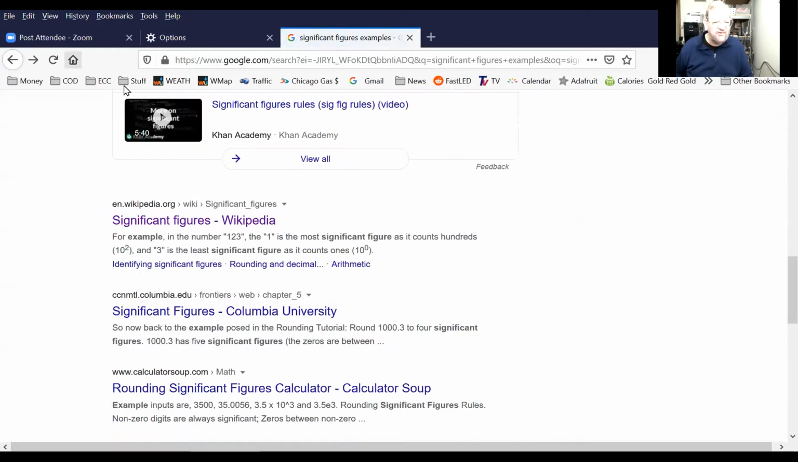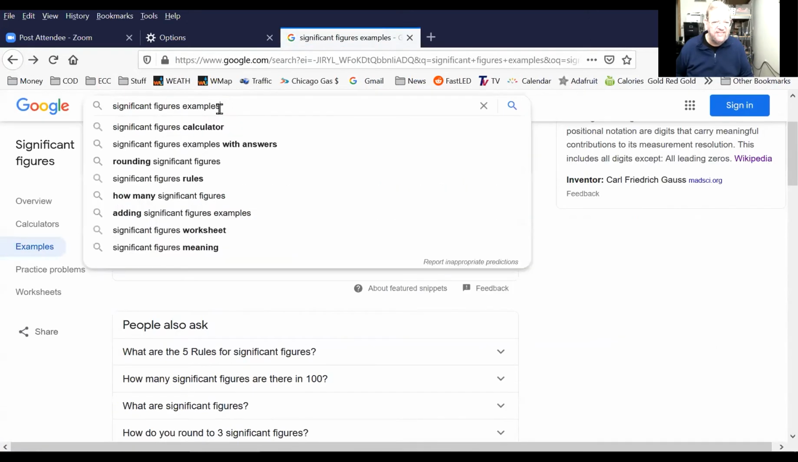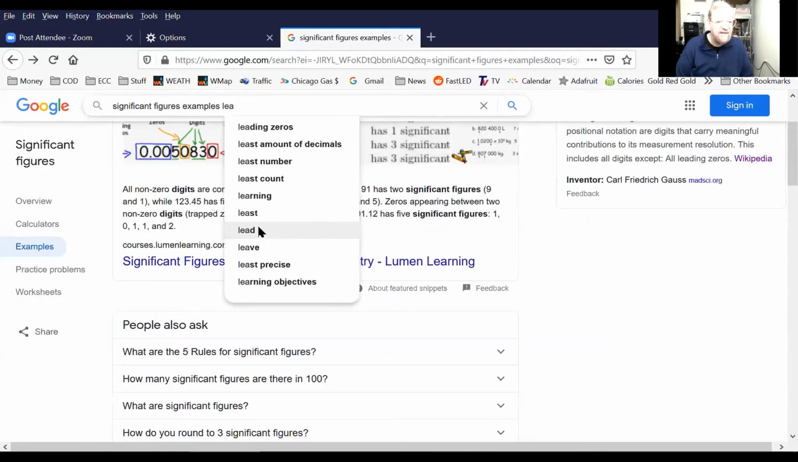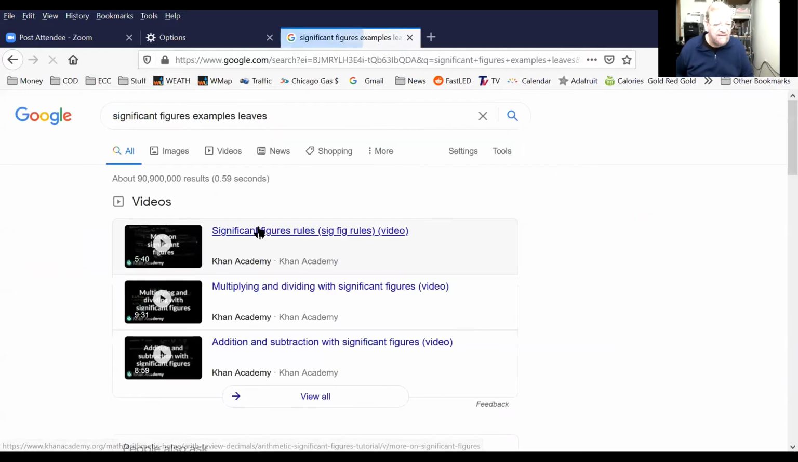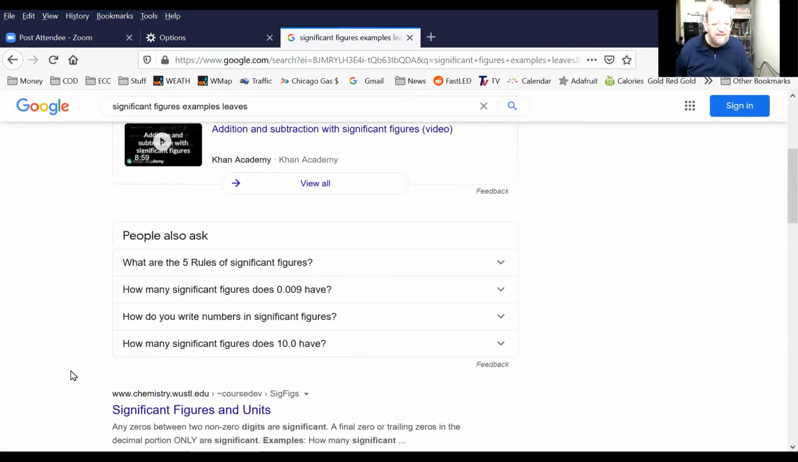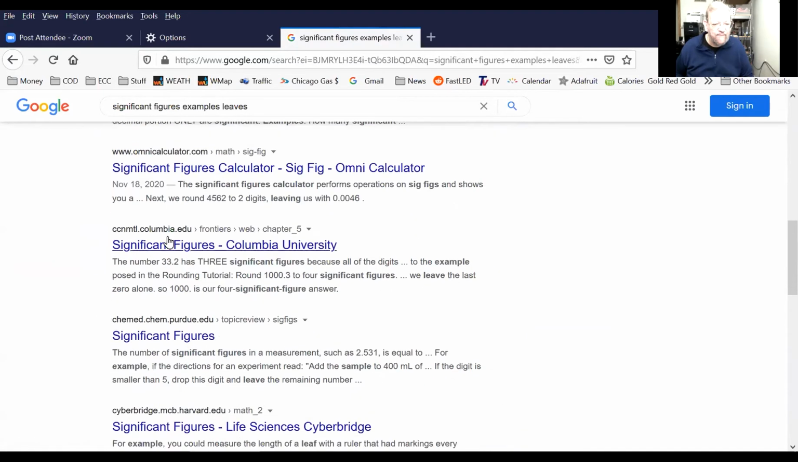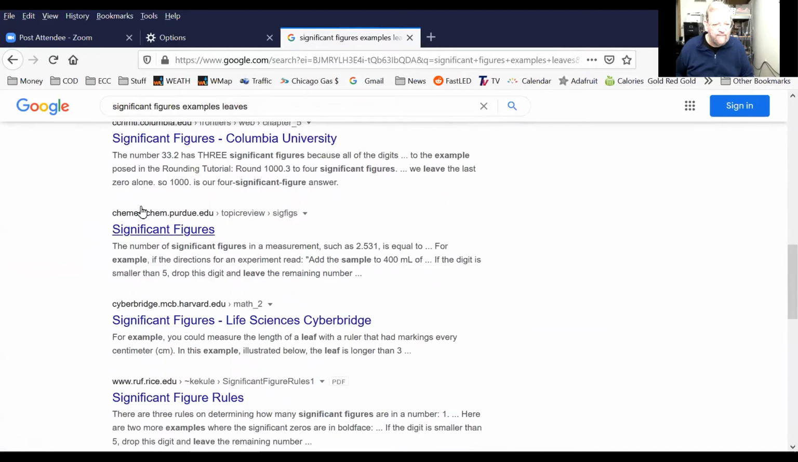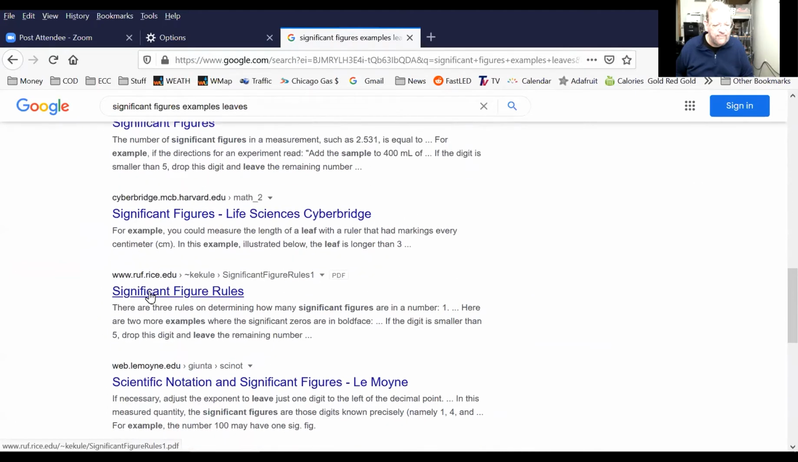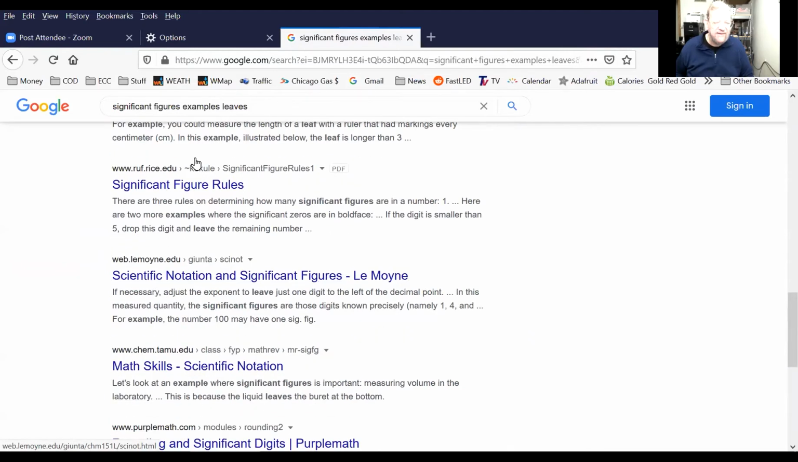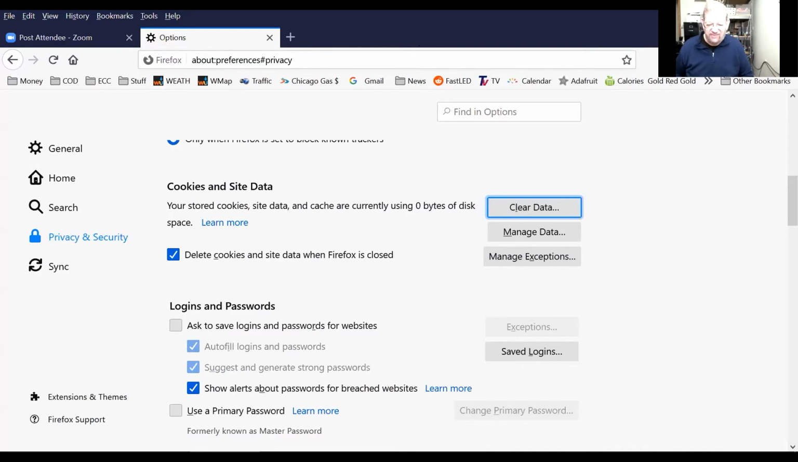Murphy's Law, when I was looking for something I found the other day. Now I can't find it, so I'll just